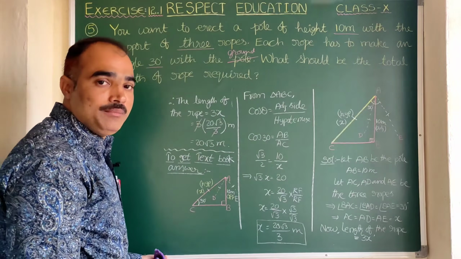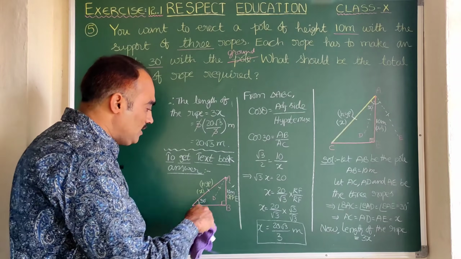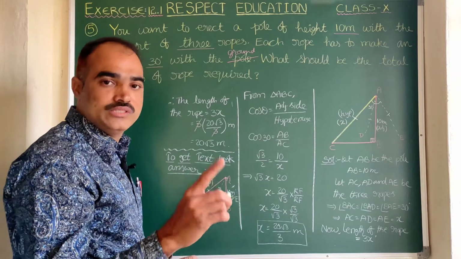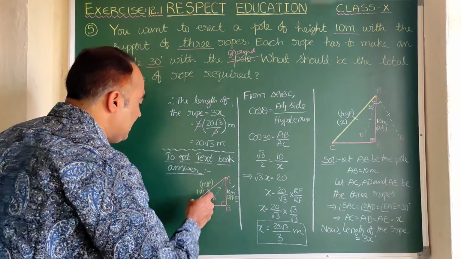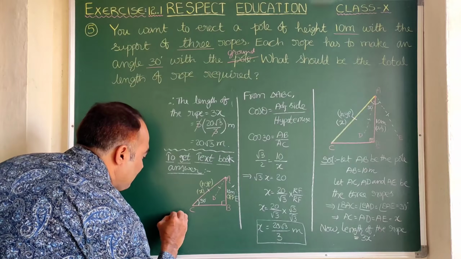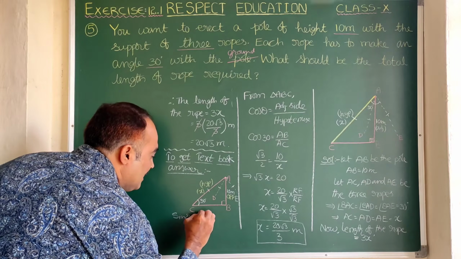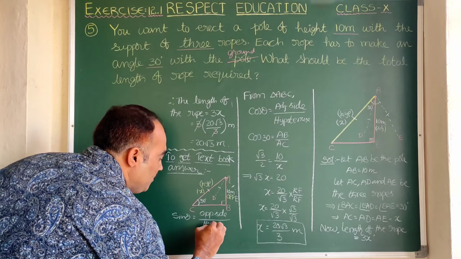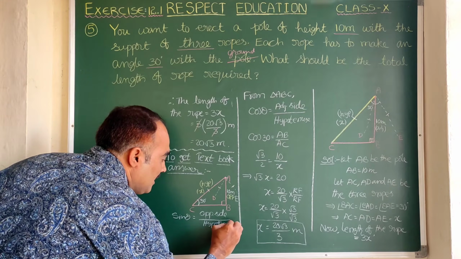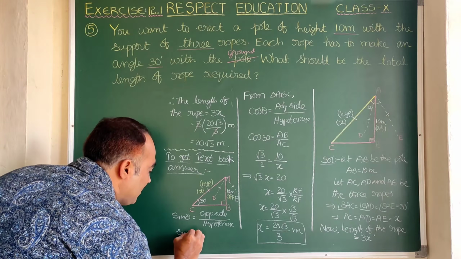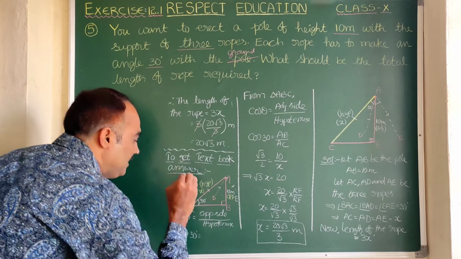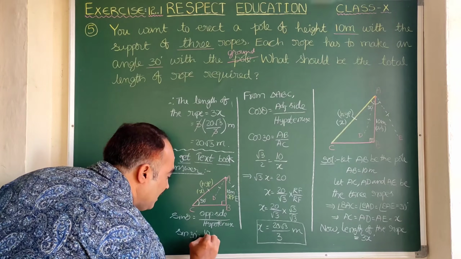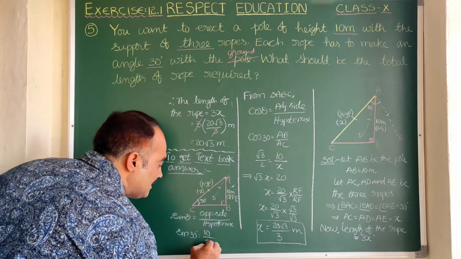Which theta is applicable here? You know the opposite side and you need the hypotenuse. Clearly either sin theta or cosecant theta can be applicable. So here let us take sin theta. As you know, sin theta is opposite side to theta by hypotenuse. Let us substitute: sin 30 degrees is equal to, for 30 degrees opposite is AB, that is 10, by hypotenuse AC, that I am taking as x.